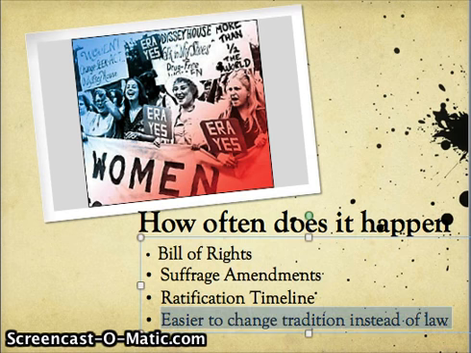But in the long run, it is easier to just change your political tradition instead of changing the letter of the Constitution, easier to get through. There's been a lot of changes that we've made without actually altering the Constitution. Like before we limited the president's terms, Washington just set a tradition that the president would leave after 2 terms most of the time.